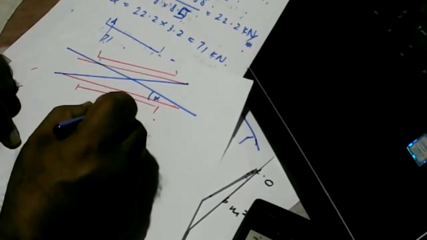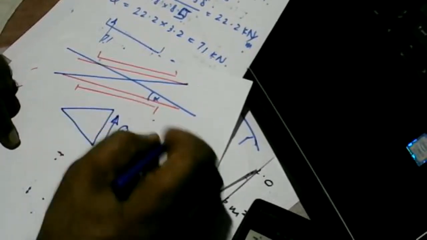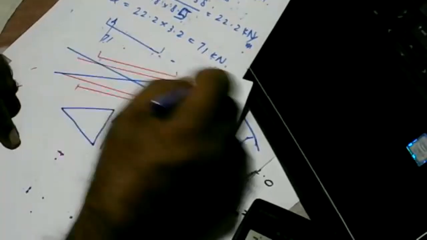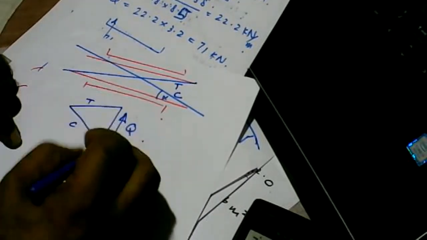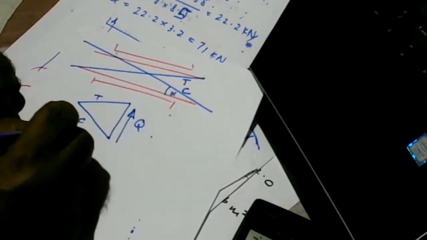For that, we go for a force triangle. So this is the shear force Q, and this is resisted by a tension and compression in these diagonal struts, which is actually reinforcement. So C and T,